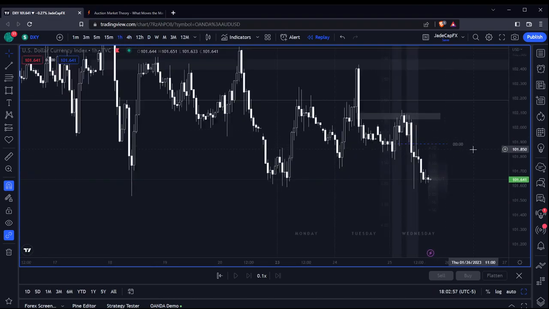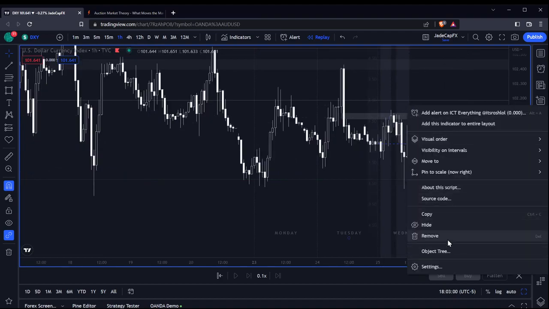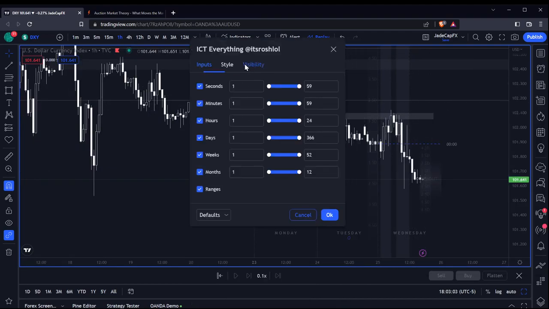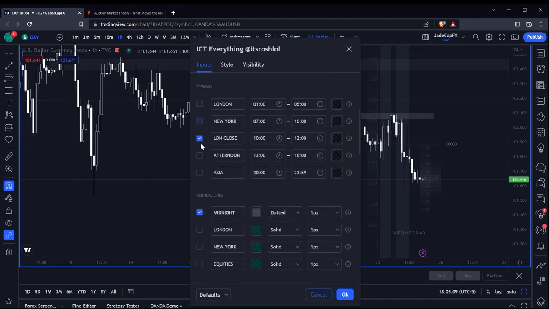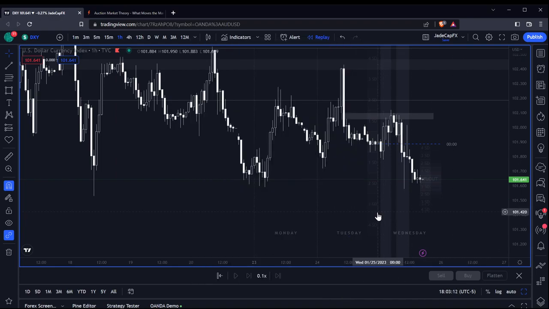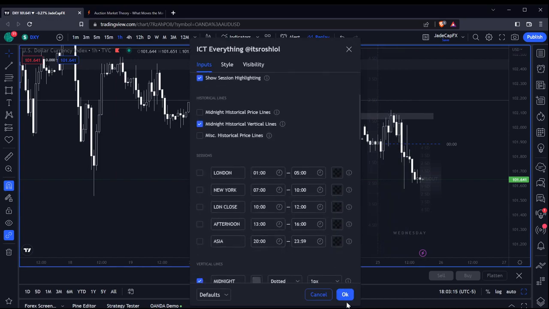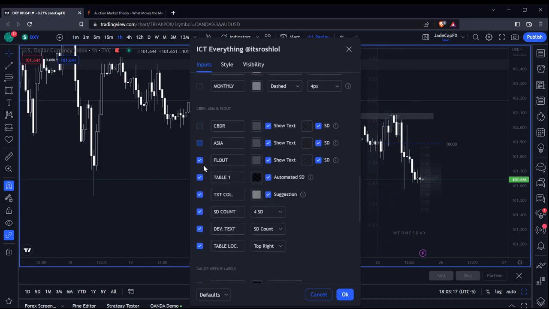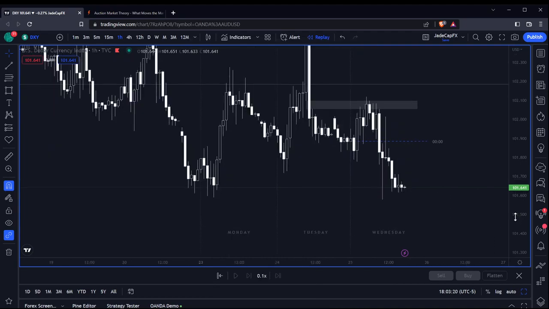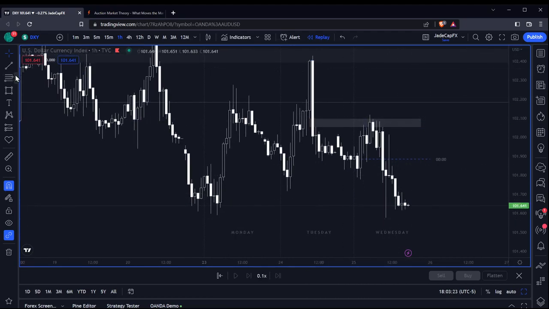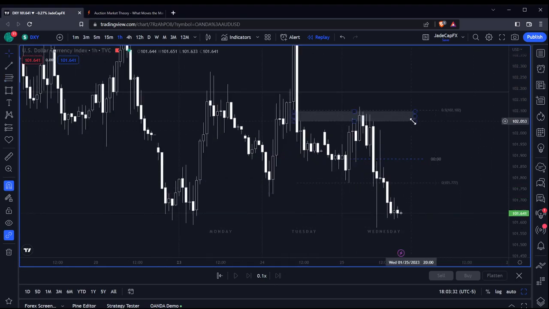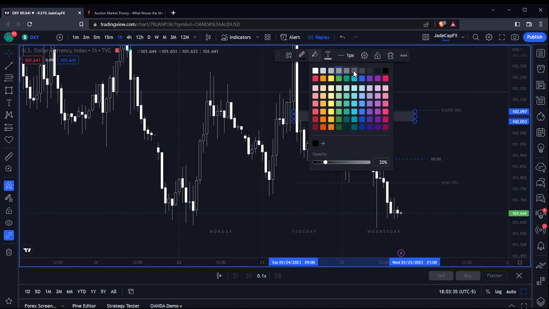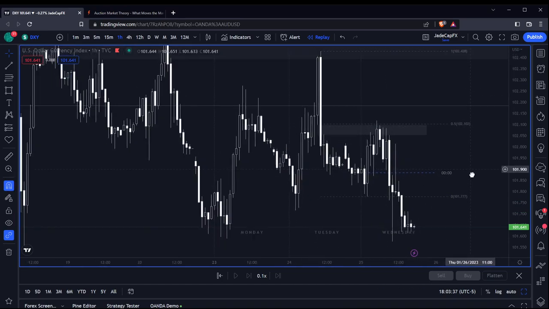So during New York, this is what I was looking at. Let's remove this. Let's turn off the sessions. All right, so the euro and the pound are highly correlated with the US dollar. The euro more so than the pound, but so are all other risk assets. So when I came to the marketplace this morning, this was the fair value gap that I was looking for.